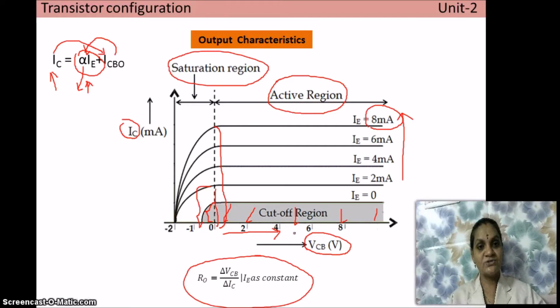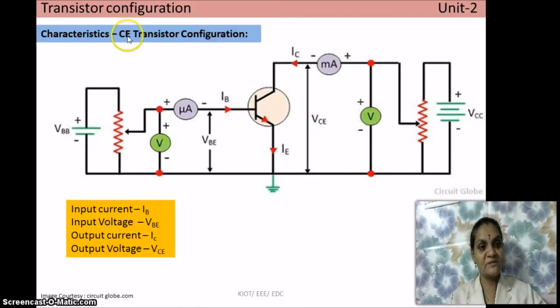So now let's go into the common emitter configuration. Common emitter in the sense, out of the three terminals, emitter, base and collector, here the emitter terminal is kept as a common terminal between the input side as well as the output side. All those connections we have discussed in the previous configuration itself. So here the only change is that the emitter terminal is kept common, and the input current is base current and output current is collector current. Input side voltage is VBE, because the voltage is taken across the base terminal and emitter terminal, and output side voltage is VCE. And as I already informed you, this VBB and VCC is nothing but the biasing voltage.